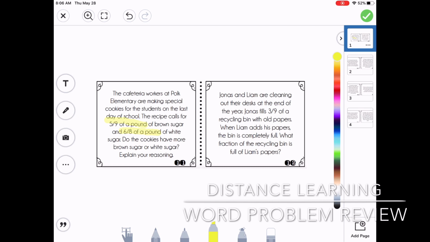You could make two fractions that have the same denominator and then compare the numerator. You could try drawing a picture, but by looking at 5/9 and 6/8, I don't think my picture would be very clear because they're going to be very similar. They're going to be very close. So I think for my solution for this problem, I am going to try and make two fractions that have the same denominator. So if I have 5/9